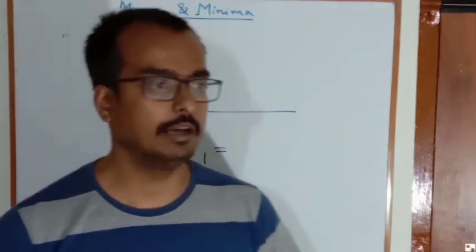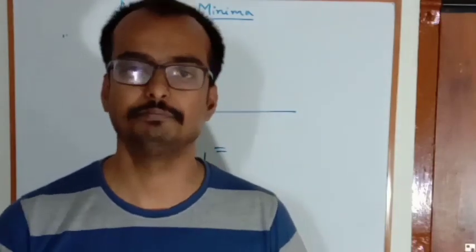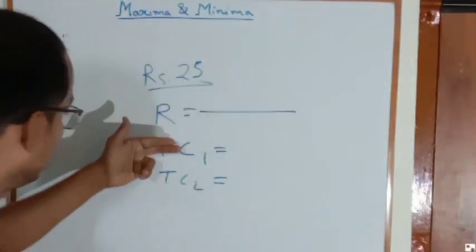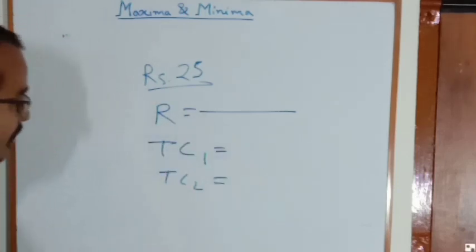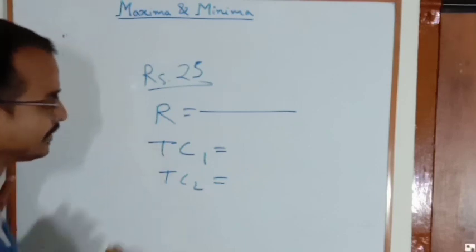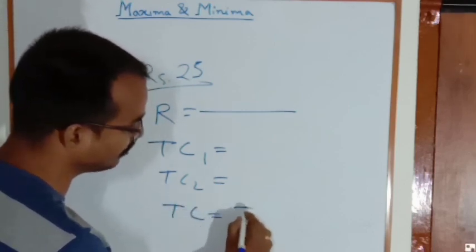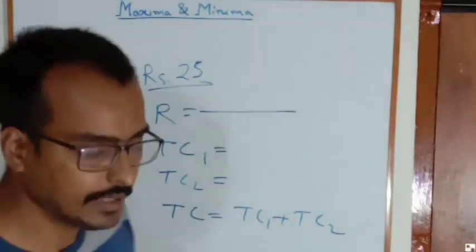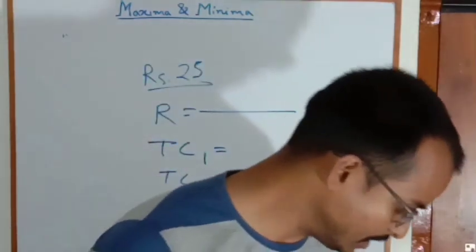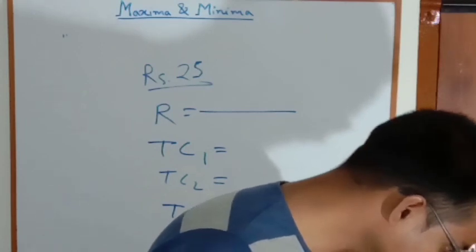Similarly, labor cost may be different. Here in Assam, you may get labor at a high cost, but in Mumbai, you may get labor at a very cheap rate. So what happens? The costs are different for various plants. But that is not your concern. You cannot do it separately. So you have to get total cost. Total cost will be total cost 1 plus total cost 2. Or if it is a 3 plant firm, then it will be total cost TC3 also. I think I made myself clear. Where is multi-plant?